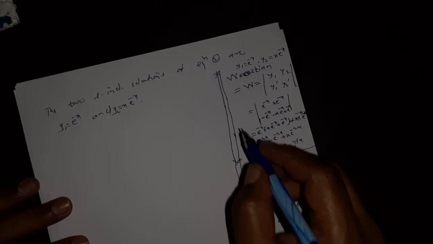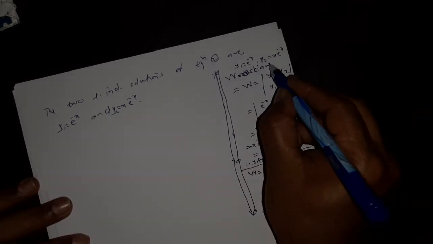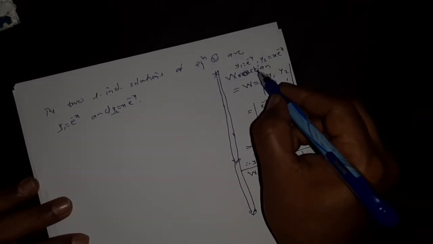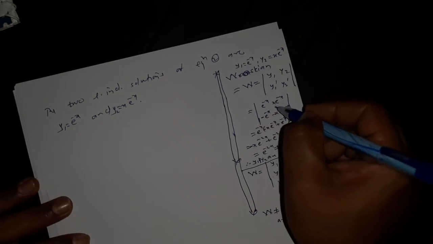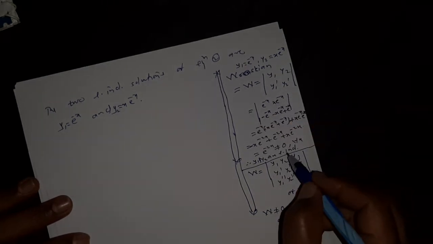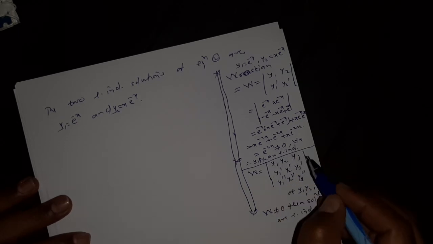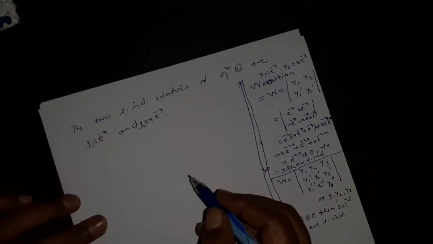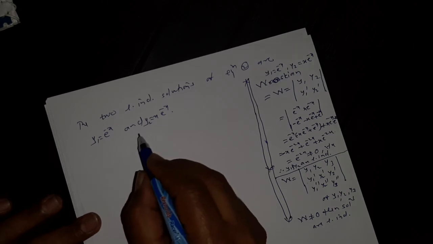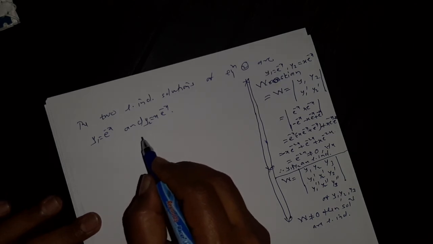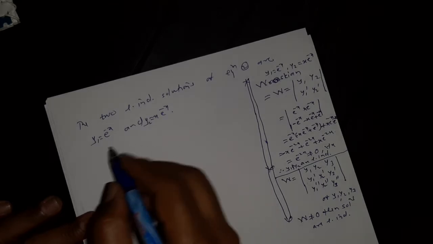So if the question is show that y1 and y2 are linearly independent, what is its answer? Show that the Wronskian of these two, y1 and y2, is not equal to 0, and therefore these y1 and y2 are linearly independent. So these are the two linearly independent solutions. One of them is y1 and another is y2. And then next,